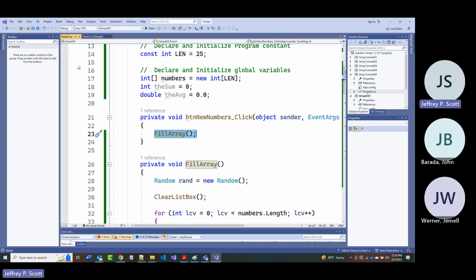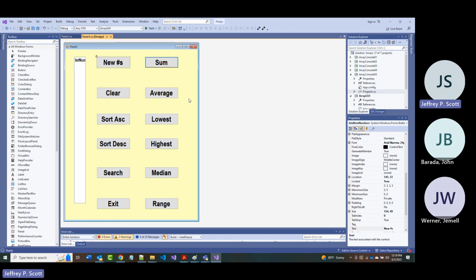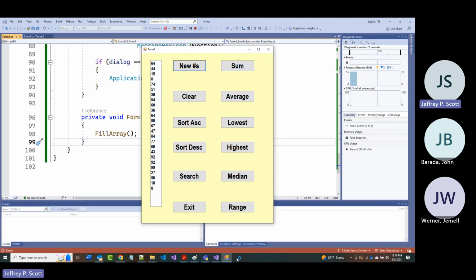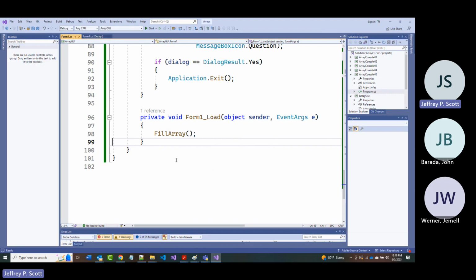All right. Well, what if I come in and in my forms load event, now there's numbers in there. That's nice. All right. So I can immediately clear or sort it in ascending or sort it in descending, or I can exit. That's good. I like that. So that was one little program modification that we made that was easier. Okay. However,